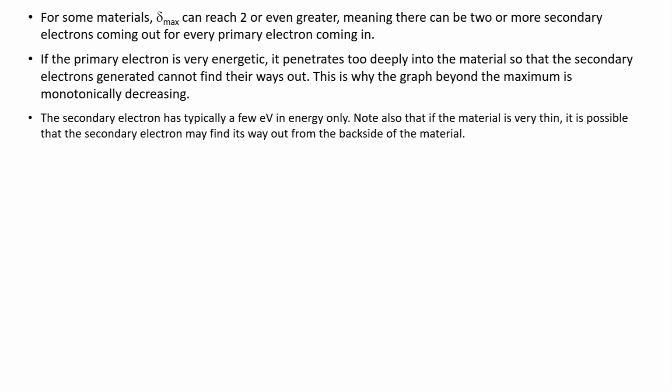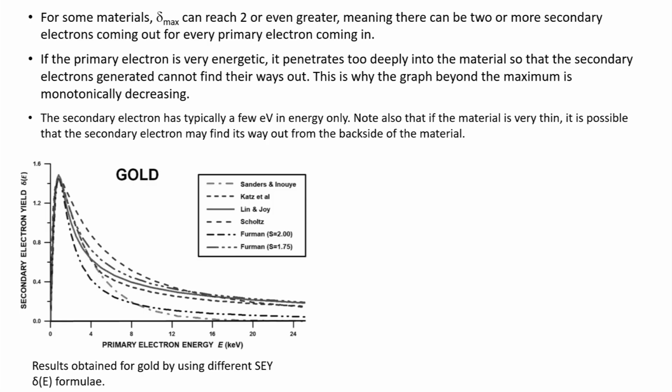The secondary electron which we have seen is typically a few electron volt in energy only, and it is to be noted that if the material is very thin, then it is possible that the secondary electron may find its way out from the back side of the material. So, this shows a typical